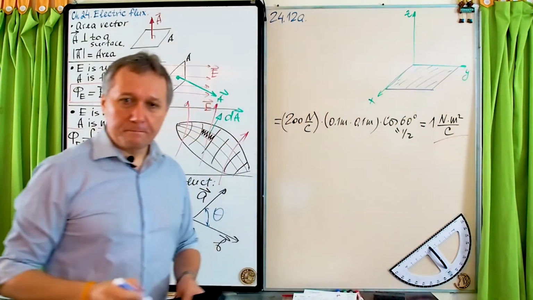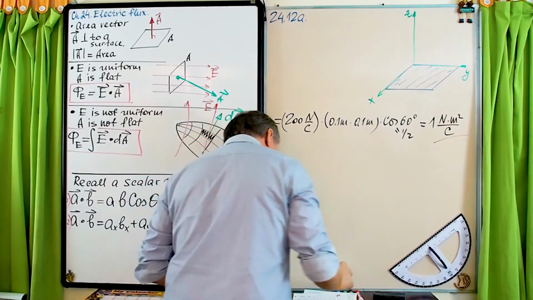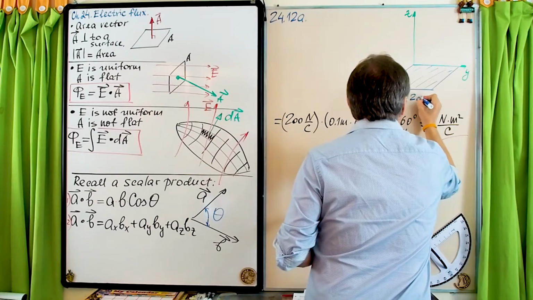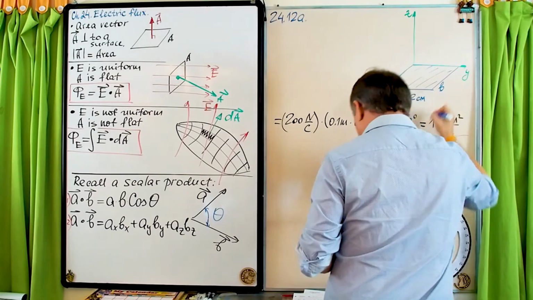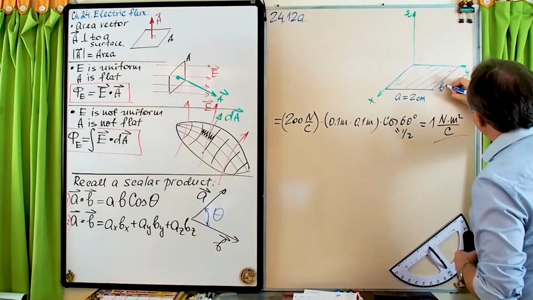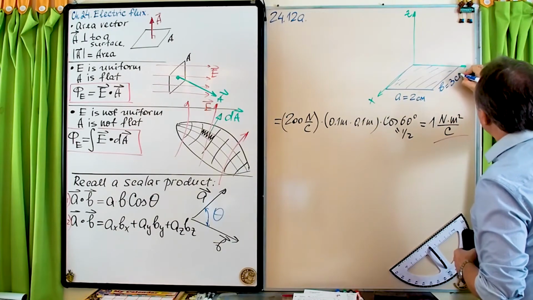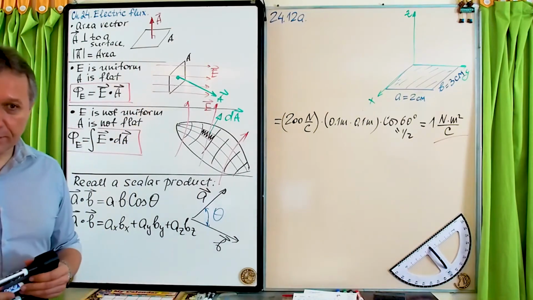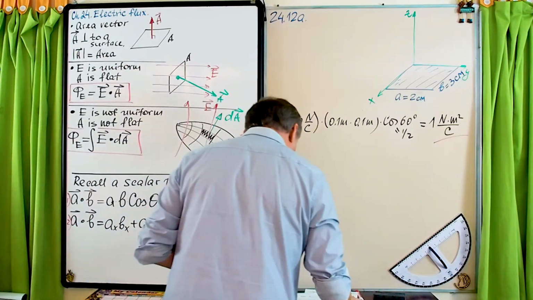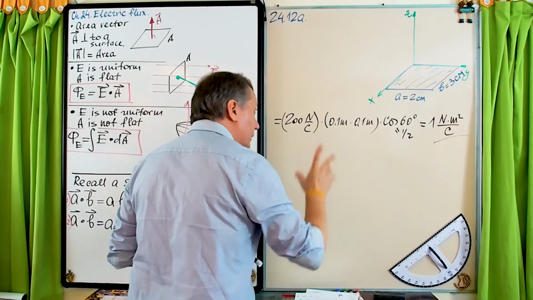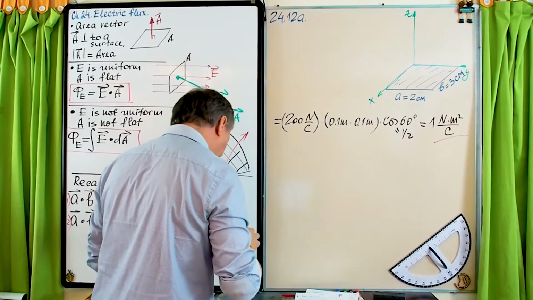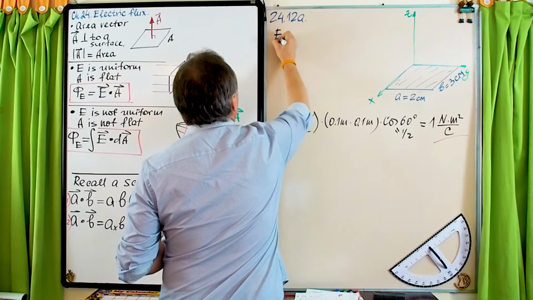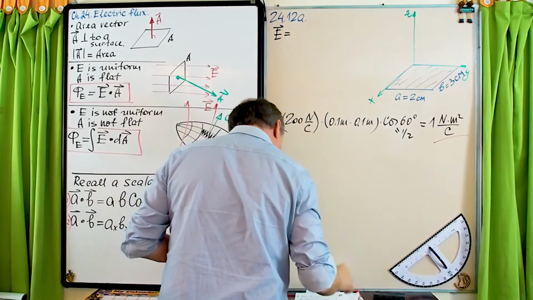And dimensions, A, 2 centimeters, B, 3. And the electric field, of course, must be given. So the surface is a rectangle. The electric field is given in this form. E equals